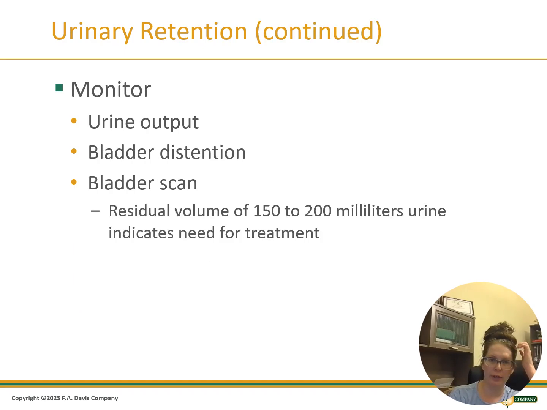So with our urinary retention, we want to monitor their urine output. We want to track this, whether it's hourly or per shift. That reduced output can indicate some retention or obstruction. And then we also want to check for bladder distension, so we can assess that through palpation, checking for fullness or discomfort. We can bladder scan. This is going to be a non-invasive ultrasound that helps us check that